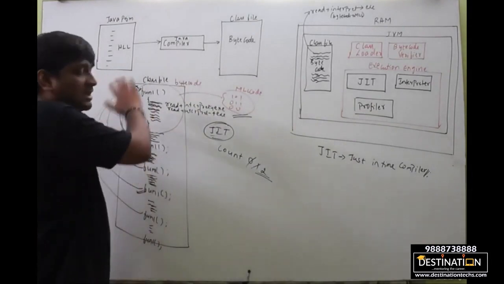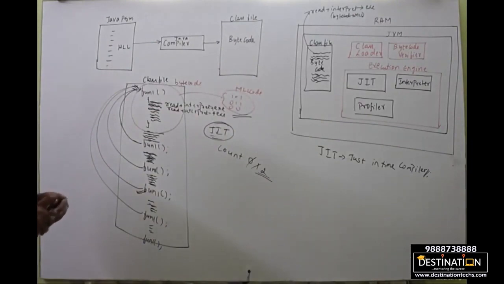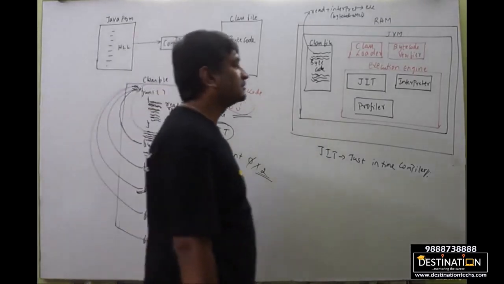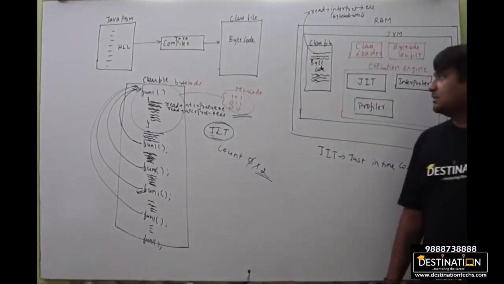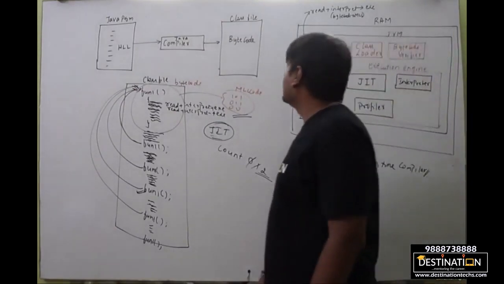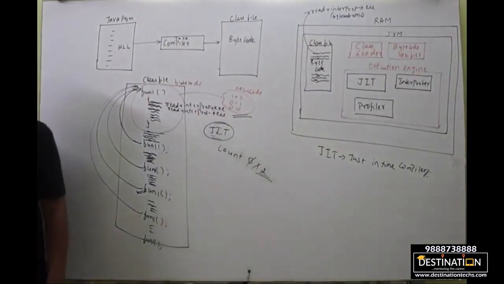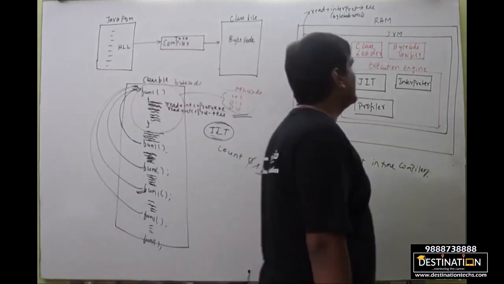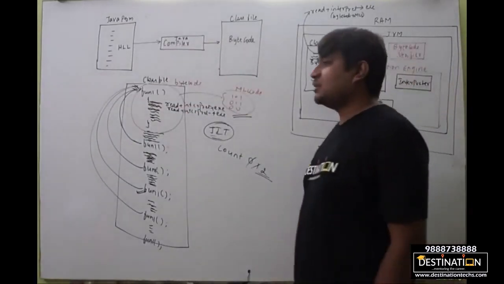Whatever the diagram that I have given, copy it as it is. I will give the points. Be quick, just pause and copy it. Now take the points. Under that, JVM consists of, first point, class loader,